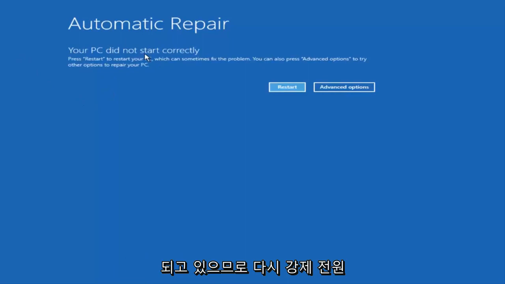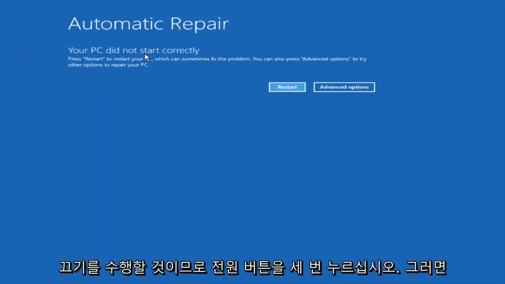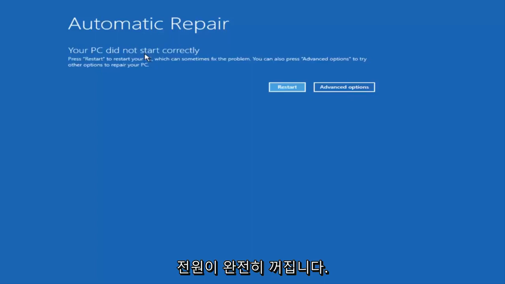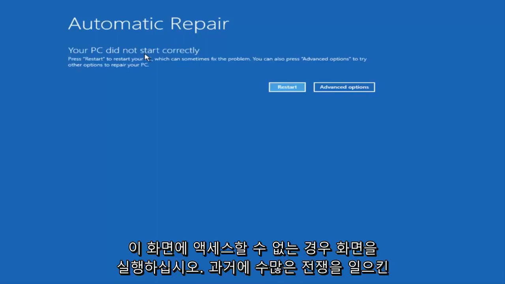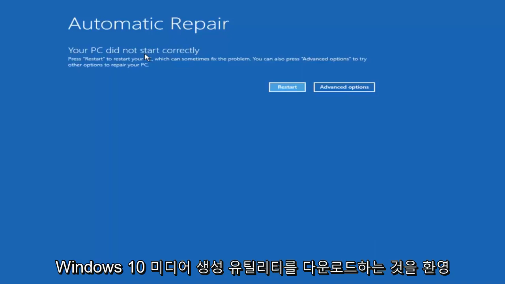So again, you would do a hard power off, so press your power button 3 times, just like do a complete power off, turn on, turn off, turn on, turn off, turn on, turn off, and then hopefully it would launch a screen. If you were unable to get to this screen, you are more than welcome to download the